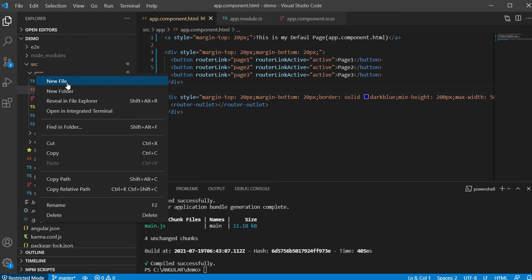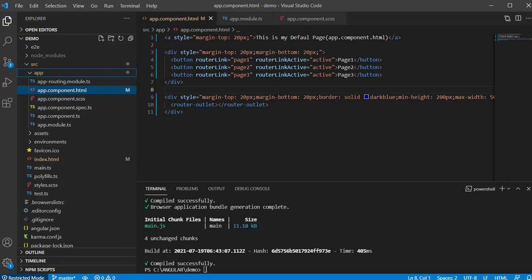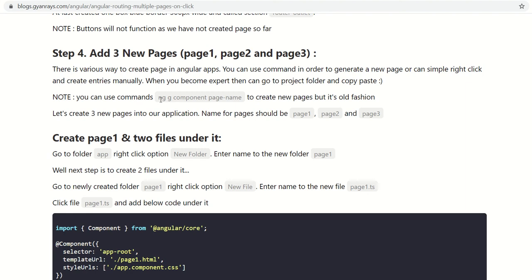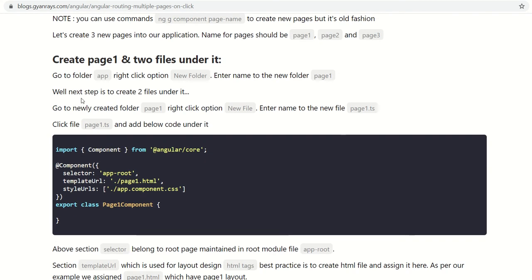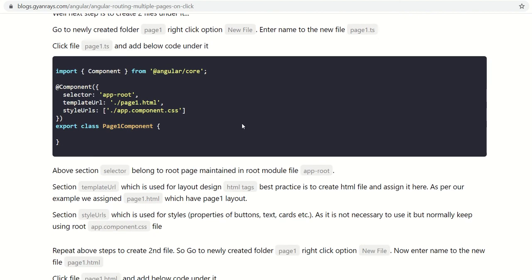However, this needs a little bit of handy hands or a little bit of experience. So once you are through with a few projects, you can do it yourself. If you do not know how to do it properly, use Google or Angular provided commands to create the pages. Here is a command, ng, that means Angular, generate, or g, component, which component? Page name. So I can create a page named page 1. So here is a way also, the first way which I have shown you.